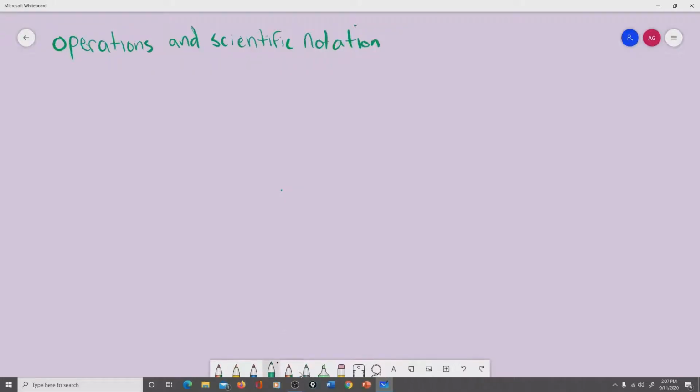Hey guys, today we're going to talk about operations and scientific notation. So last week we worked on just putting big numbers and small numbers into scientific notation. This week we need to talk about how we work with scientific notation when we're using different operations such as addition, subtraction, multiplication, and division. Today we're going to just start with adding and subtracting, and there's just a couple of cases we need to